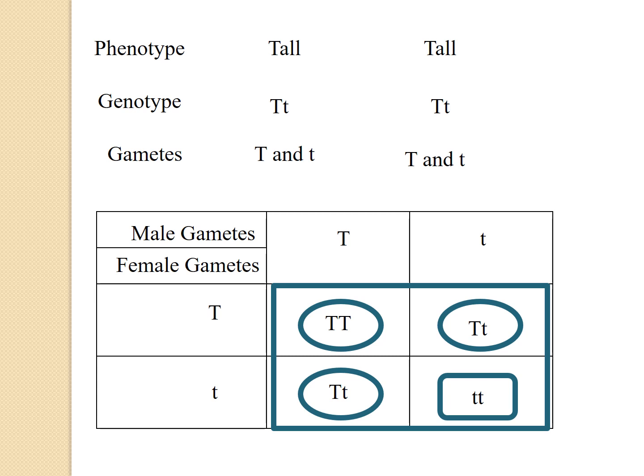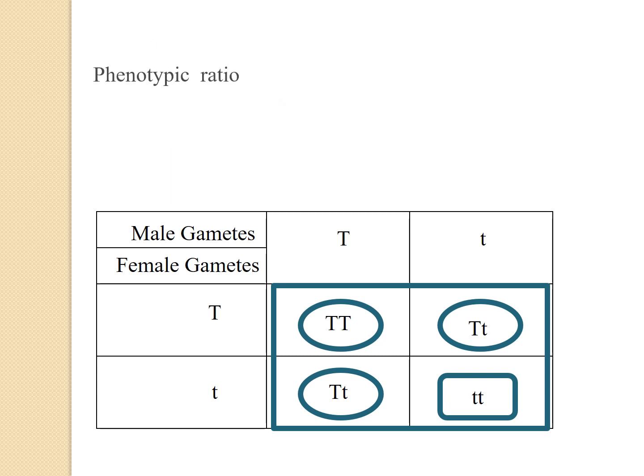In the Punnett square, you have to find out what is the physical appearance of the products that you have got. Here in the Punnett square, we have got four products. From the four products, how many are showing similar physical appearance? That is what we have to see. So in this square, three of them are tall and one is dwarf. So my phenotypic ratio will be 3:1. 3 is for tall and 1 is for dwarf.